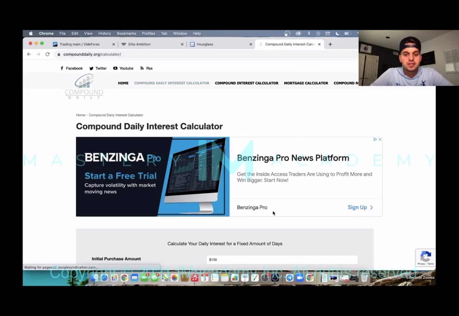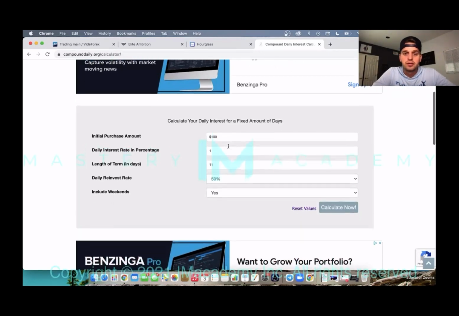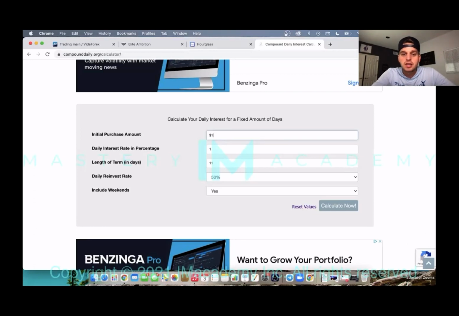So if you guys are brand new and you've never seen this, this is the compound interest calculator, okay? So let me show you guys what compound interest can look like over the time frame of a year, okay? So if you just got started and you did not take a bonus and you start with a $500 account, right? My goal, honestly, is to teach you guys how to grow your account 2 to 4% on a session, right? I know we say risk 1 or 2% of your account on a trade. If you can grow your account, I like to say, 2 to 5% on a session, be done. Some educators say 5 to 8%, but